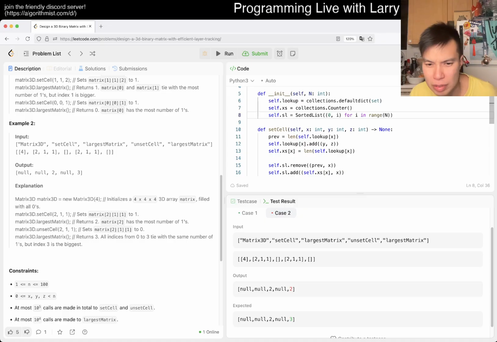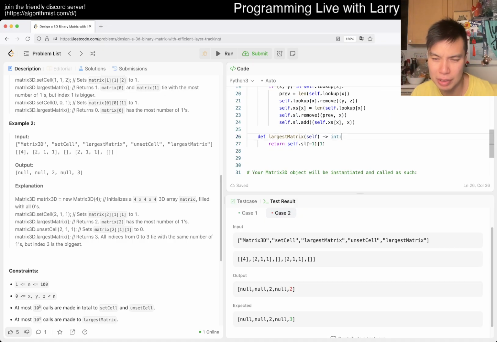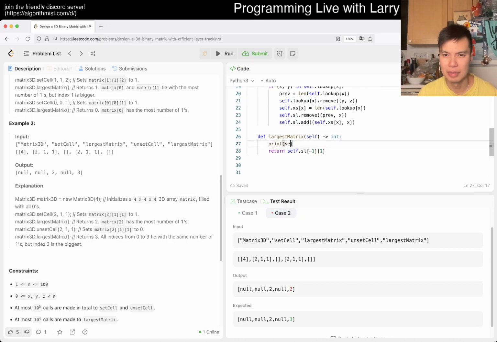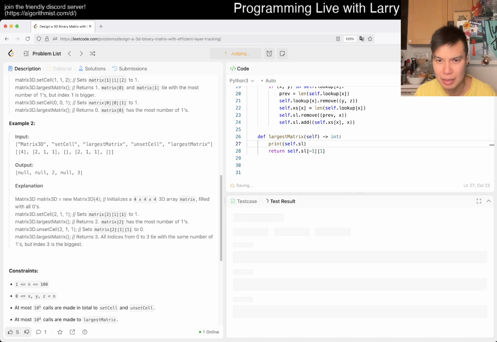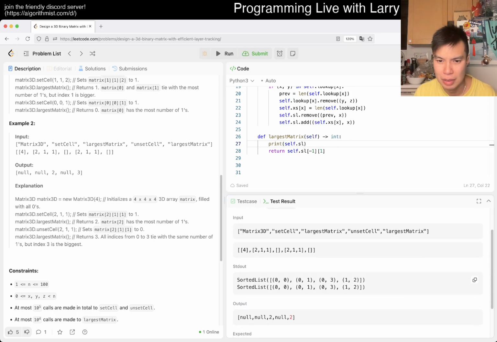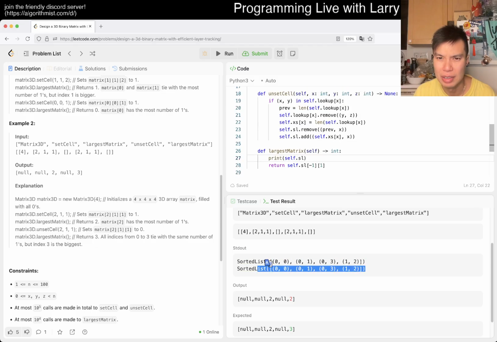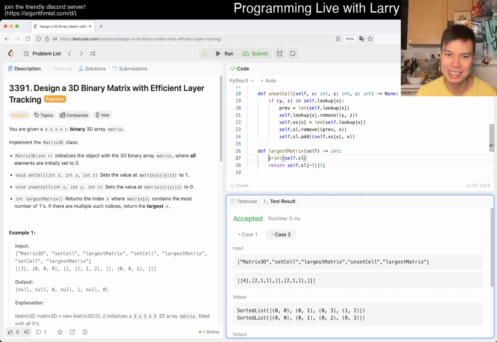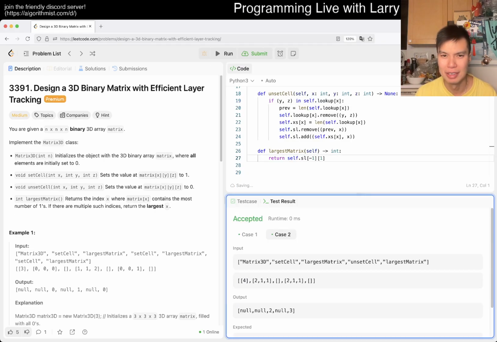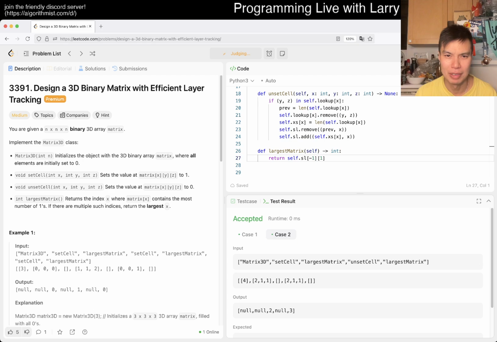So 0. That is weird, but okay, let's see. Okay, so after the first one, we set. Okay, and this looks reasonable, but then after unset, we don't do it. Do we not? Oh, this is a typo. Oops. Okay, I mean that's an annoying typo actually, but easy fix obviously. Very scary actually, typo. Hopefully I don't have another one.